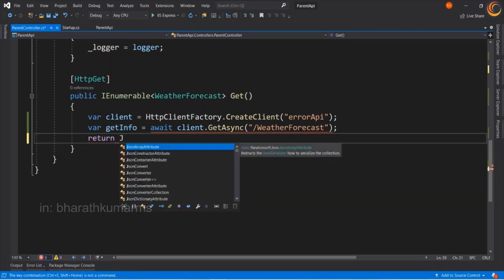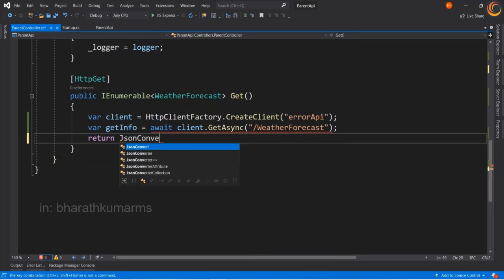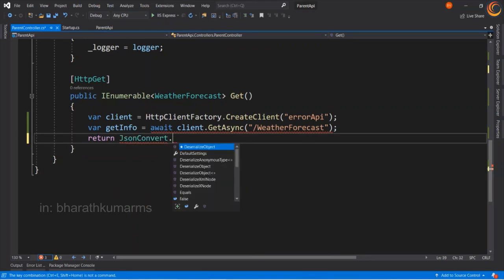So let's use the Newtonsoft JSON convert and deserialize the object.